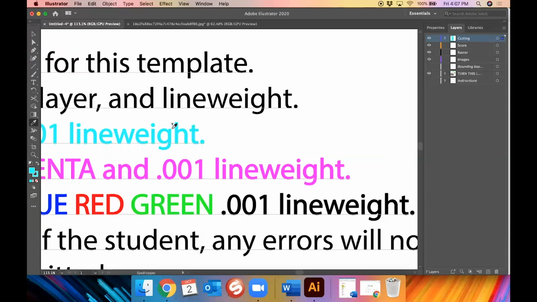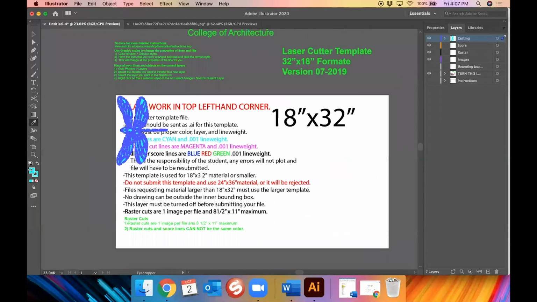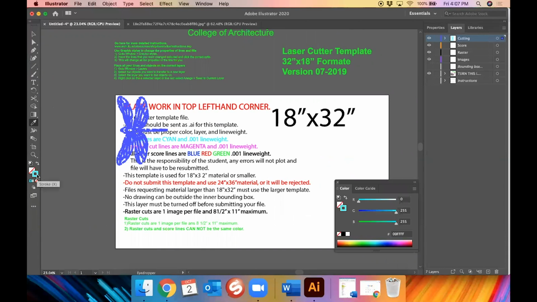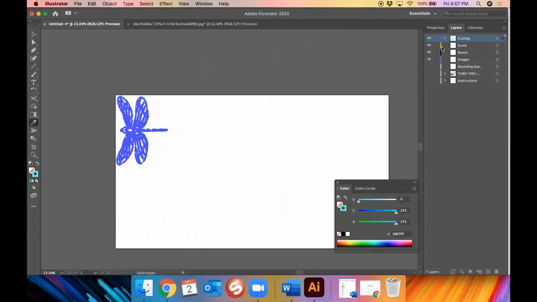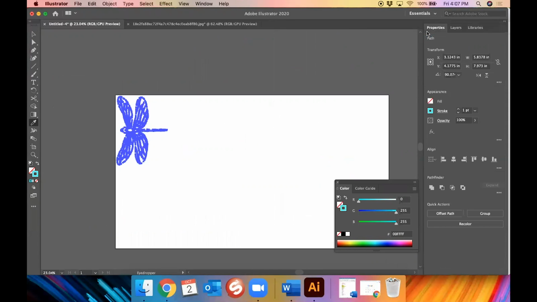So I'm going to eyedropper that blue, and then again, turn off my fill. So now I only have cyan on my outlines. And then the next thing I need to do, I can turn off my instructions now because I've gotten what I needed. Now, the next thing I need to do is go to properties and turn my line weight to